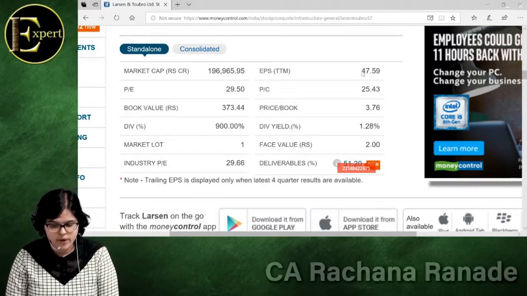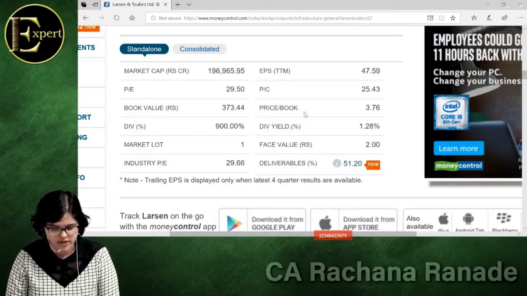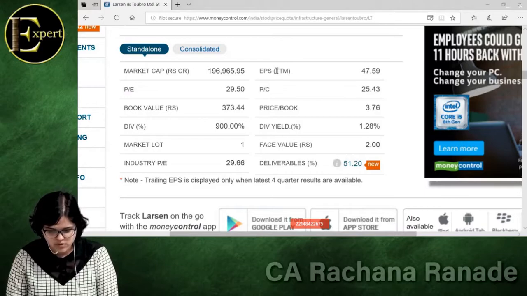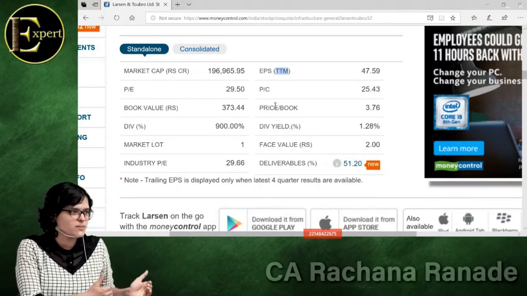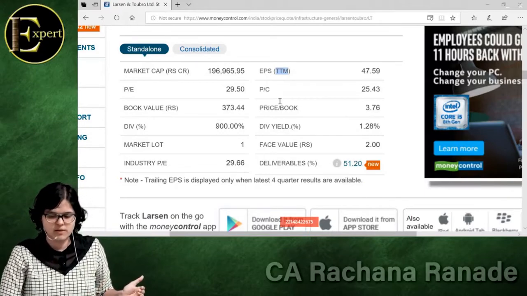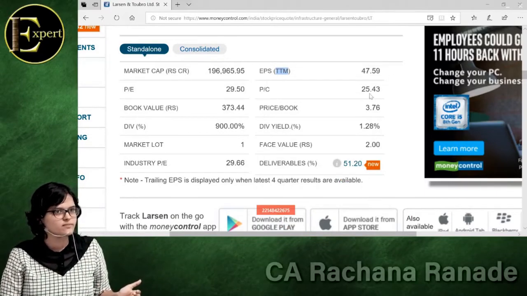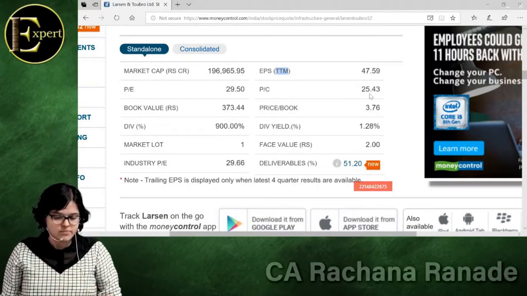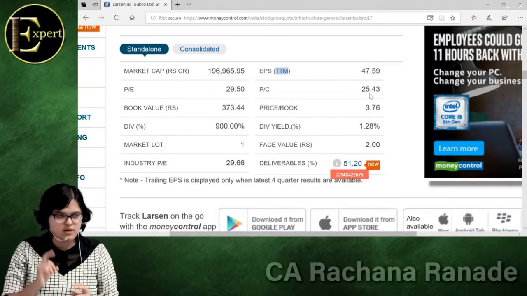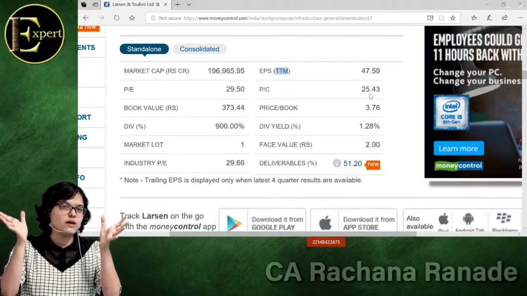Earning per share is 47.59 and the PE, by the way, you know this TTM. TTM is trailing 12 months. Trailing 12 months is past 12 months. The past 12 months' earning is 47.59. And what is the PE? 29. The meaning of earning per share was understood. My total earning divided by,